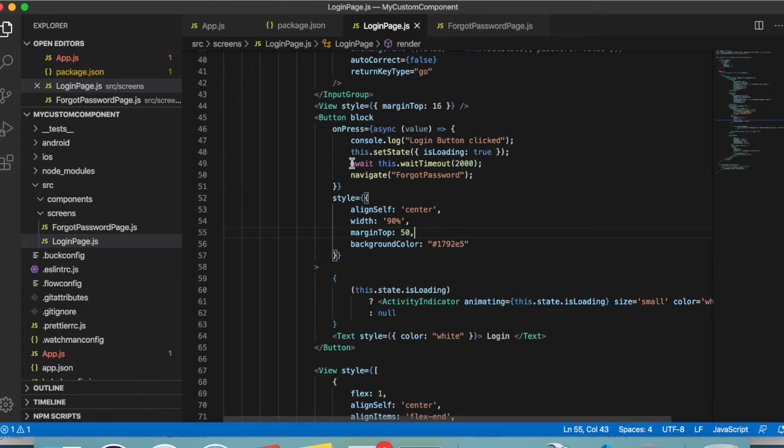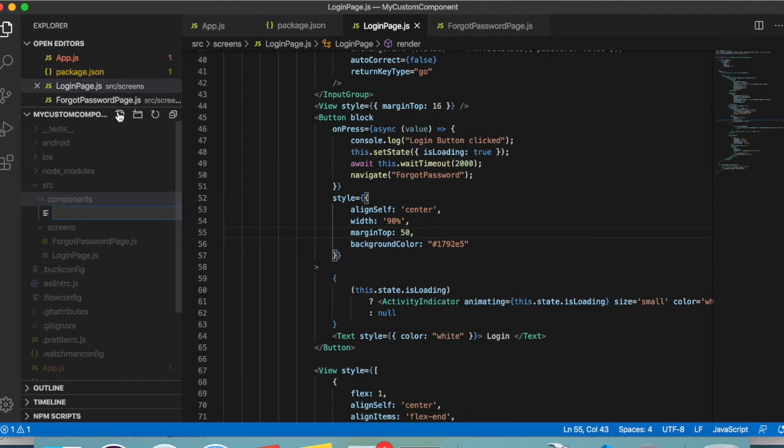For creating a custom component, all you have to do is write your own custom function. It can be a functional component or a class component depending upon your requirement. For this tutorial, we are going to write a functional component. I have created a folder here. I am going to add a JavaScript file and name it SpinnerButton.